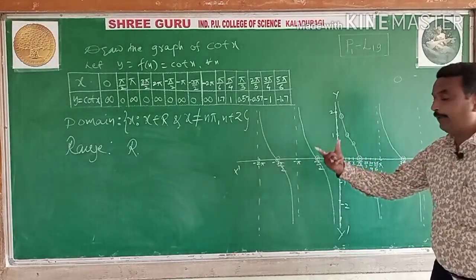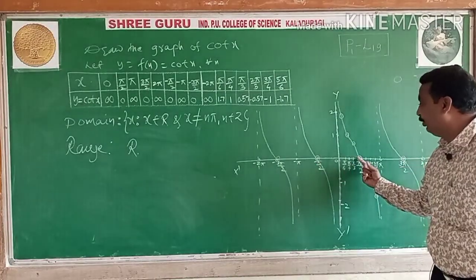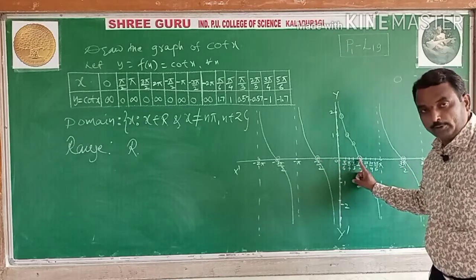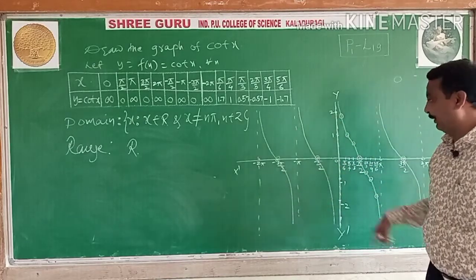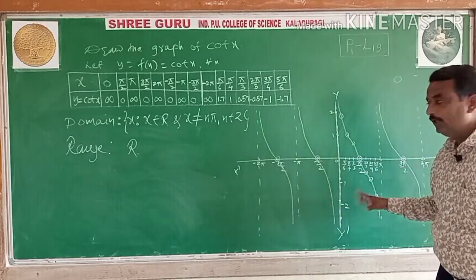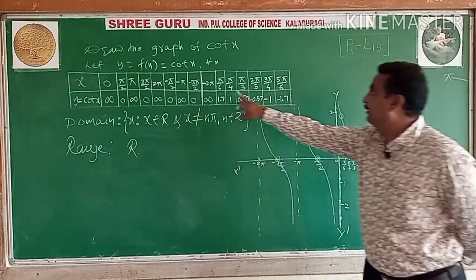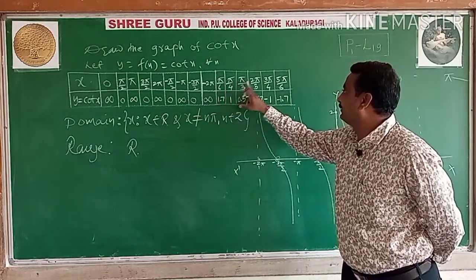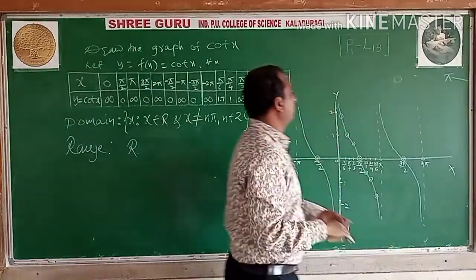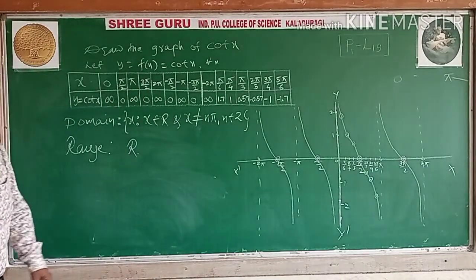So in the previous graph, the tan x graph, we have taken minus infinity to plus infinity, minus pi by 2 to plus pi by 2, those values we have taken here, because here you get the infinity lines. In between any two infinity lines, some values are taken here. So here pi by 6, pi by 4, pi by 3, 2 pi by 3, 3 pi by 4, 5 pi by 6. So these values we have taken. In between these values, here we have calculated the infinity lines.